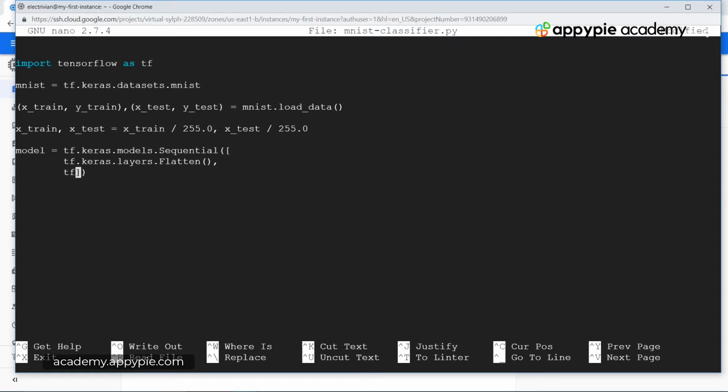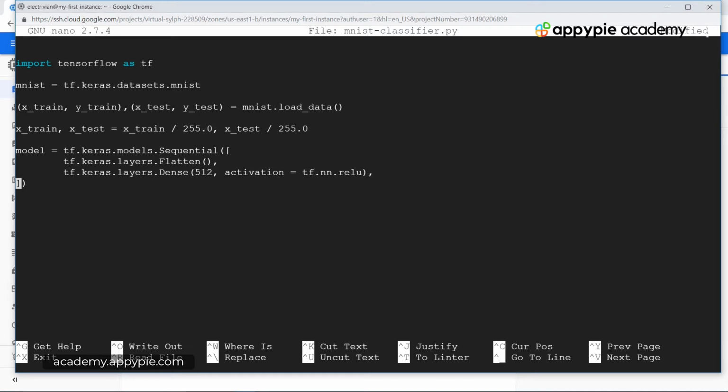So we have tf.keras.layers.Dense, and inside it we are passing in the number of neurons, which is 512, and then we have the activation. Over here the activation is tf.nn.relu, which stands for rectified linear unit.